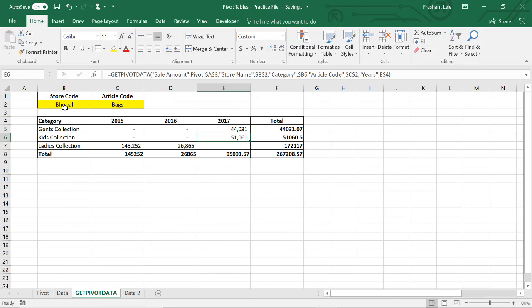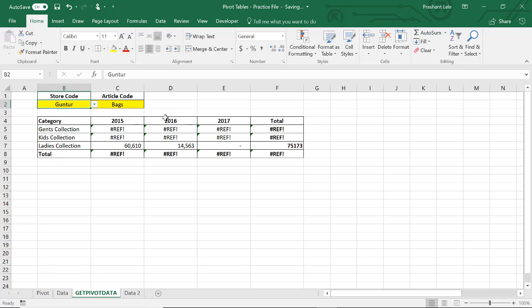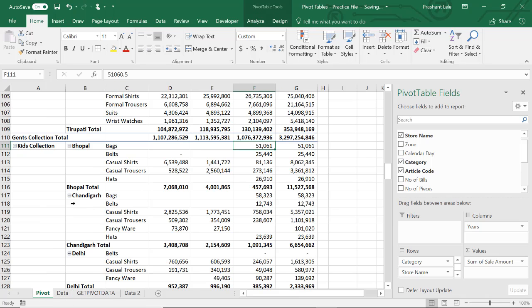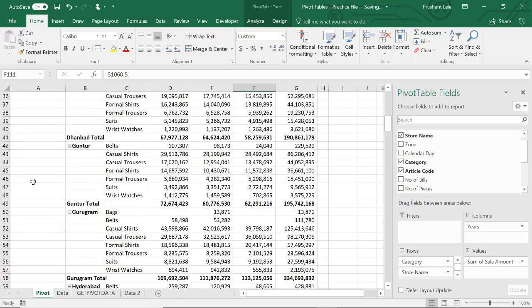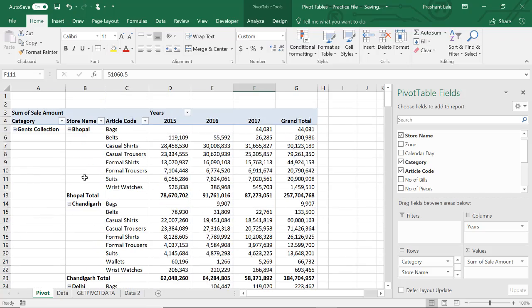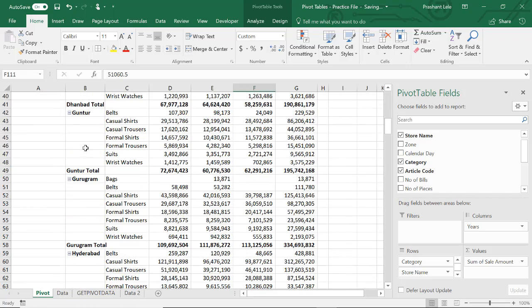51061. If you change the store code, an error is coming, because there will not be a Guntur store. The bags article code will not be in a Guntur store. See your pivot table. Just go to your Bhopal total, Chandigarh, Guntur.